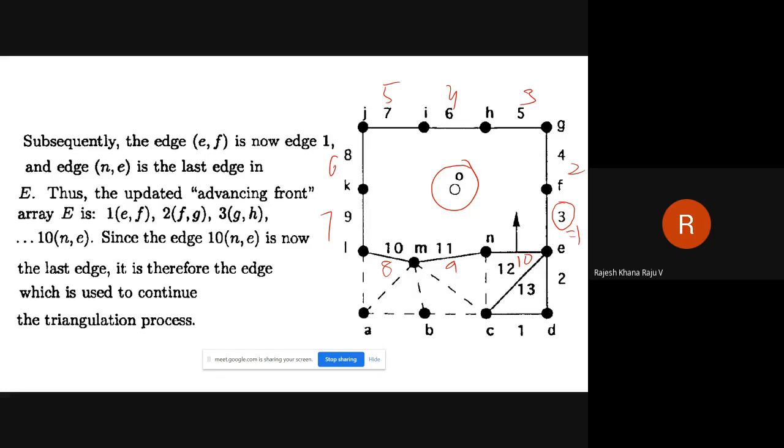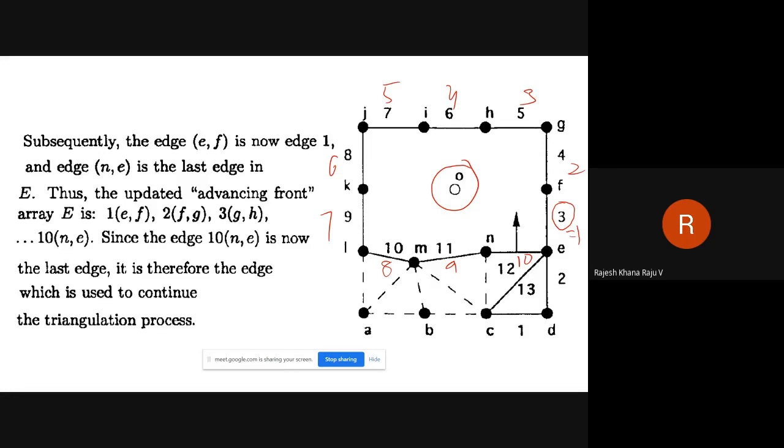Now this procedure will continue till you find that all the entries in array E and array I are eliminated. That means as long as you have an entry in array E or array I, you have to carry out this triangulation.